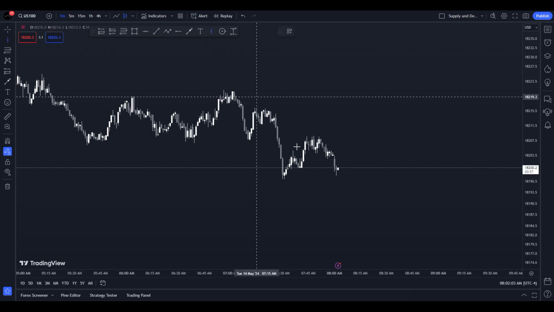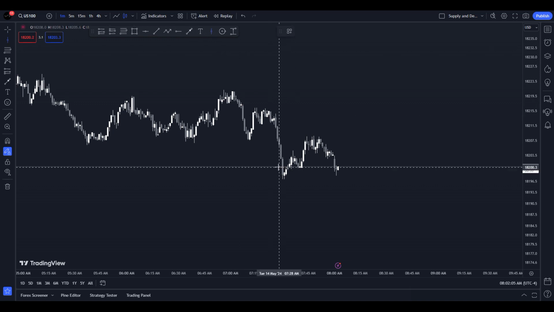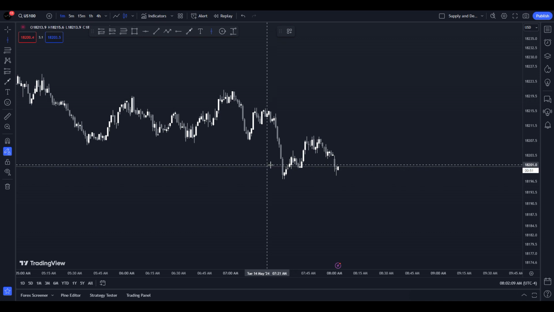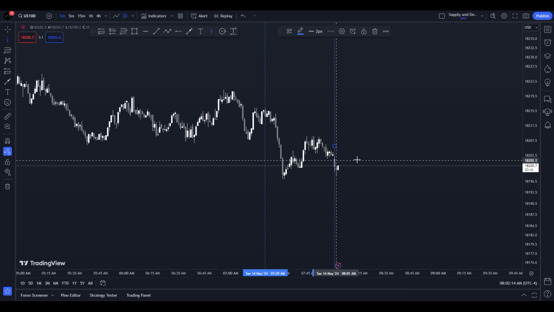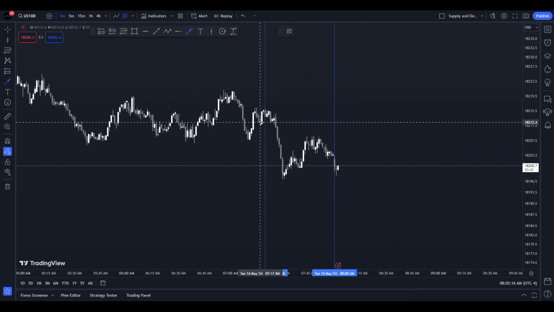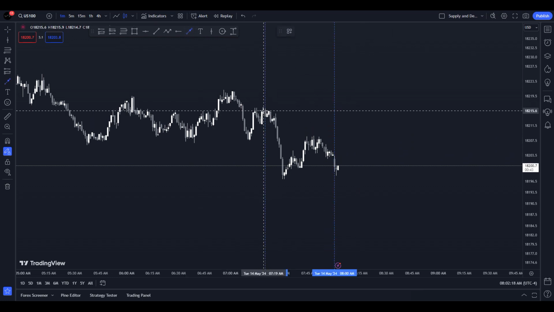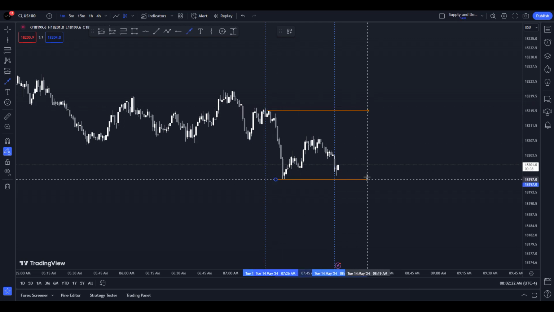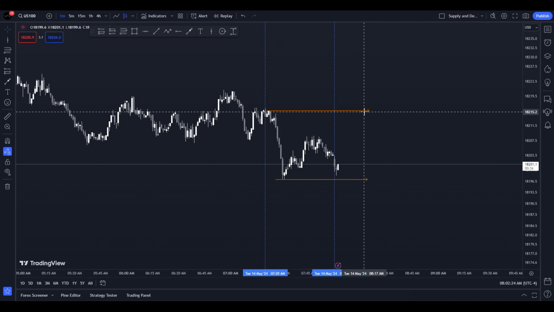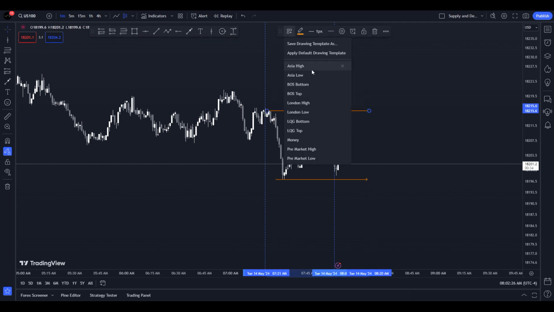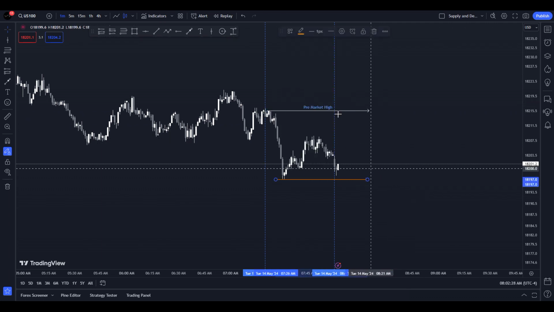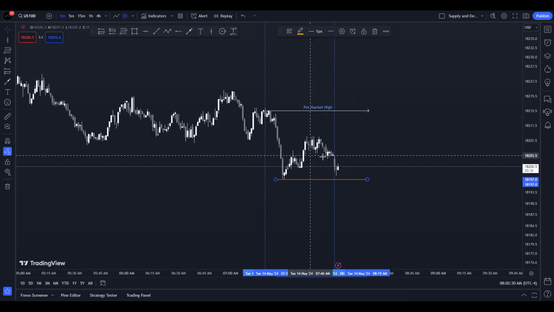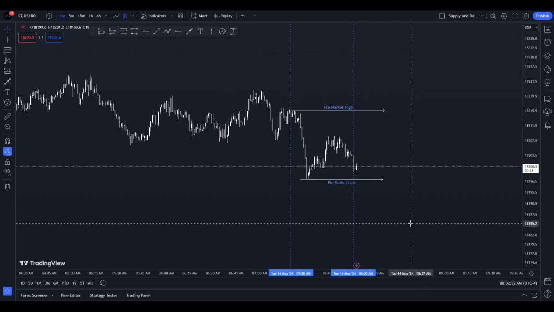So right now, the chart that you're looking at is US100 or NAS100. This is on the 1 minute chart, and for my analysis, I always mark off the 7:20 a.m. and 8 a.m. Once I've marked off my 7:20 and my 8 a.m., I'll mark off my pre-market high and my pre-market low, which is in between those two